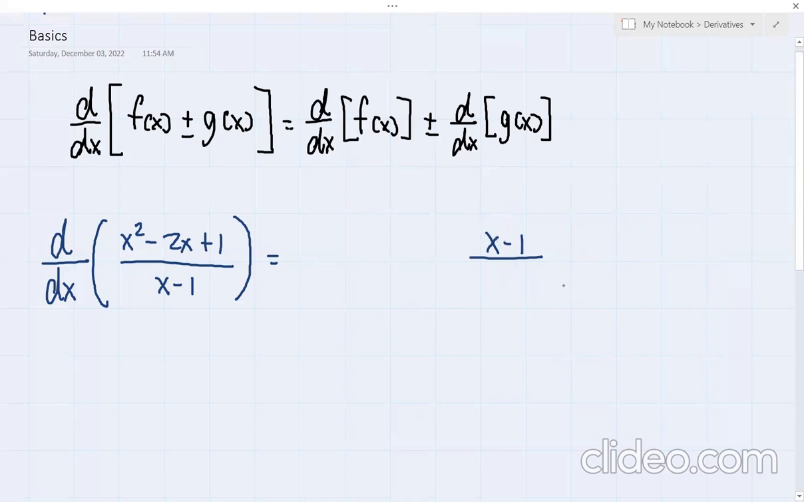Okay? How about this one? Factorable naman siya. Ito, kunwari factorable naman siya. Let's just say meron tayong x squared minus,